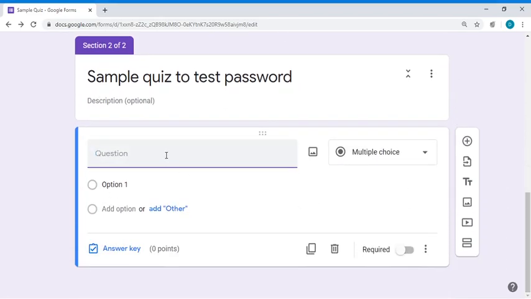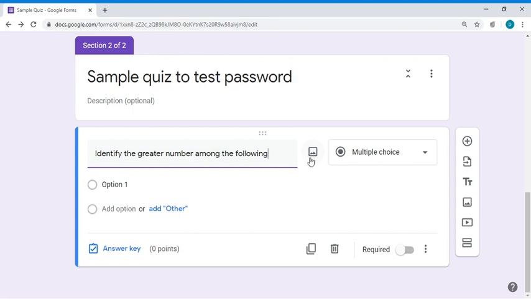Here you can add n number of questions. Say the first question is: identify the greater number among the following. Set this as a multiple choice question.